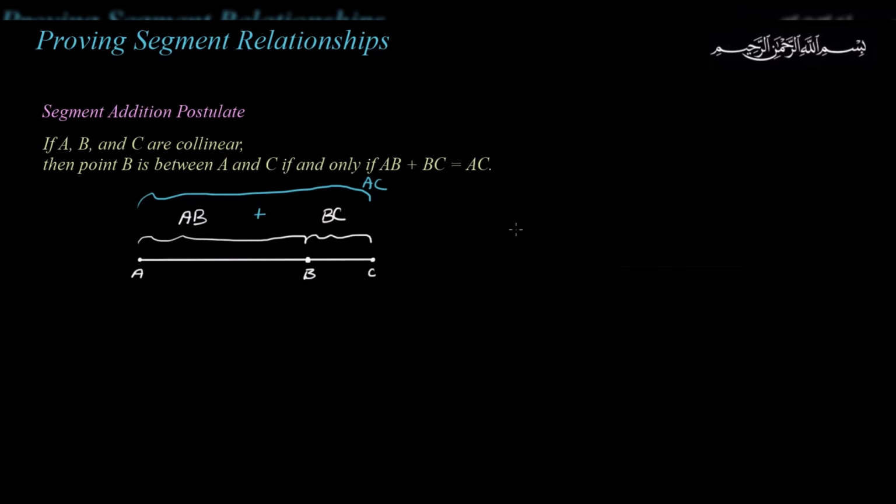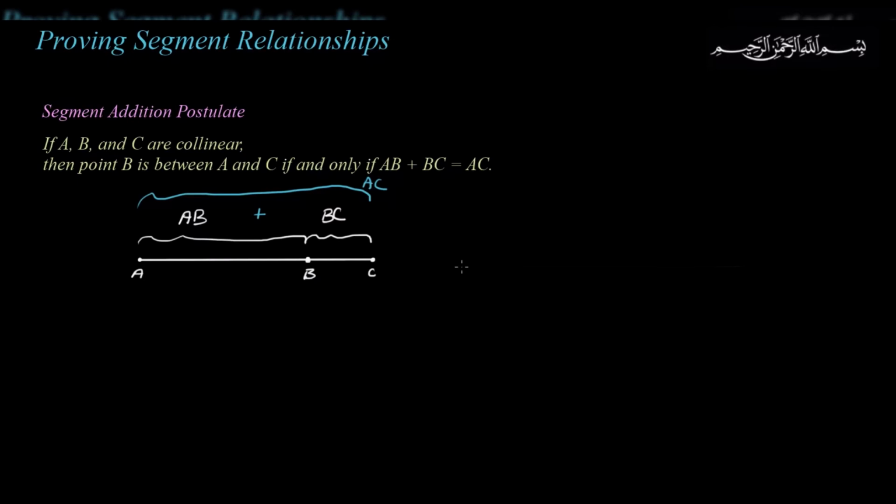Now, the converse of that is, if you're given that AB plus BC is equal to AC, then you can be confident that B is between A and C, because that's the only way this will be true. So if you take two baby segments, add them together, and get the same as the big segment, then you can say B is between them. And if three points are collinear, then the two baby segments will add up to give the one big segment. So let me read this segment addition postulate one more time